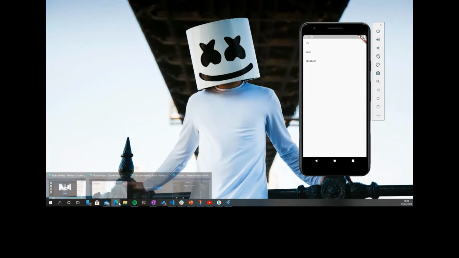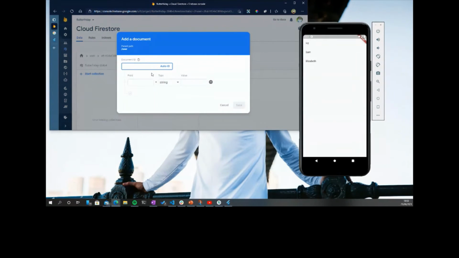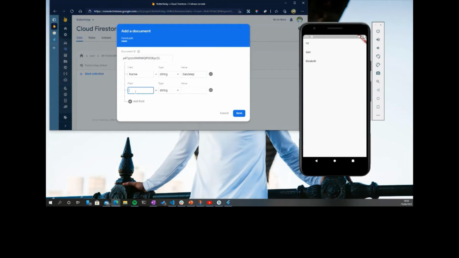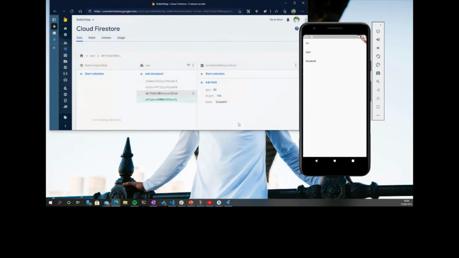As you saw there, once I create a new data item, it appeared there directly. You can create another one just to put more emphasis on the point. Name, age, height. I save it, and immediately it will appear